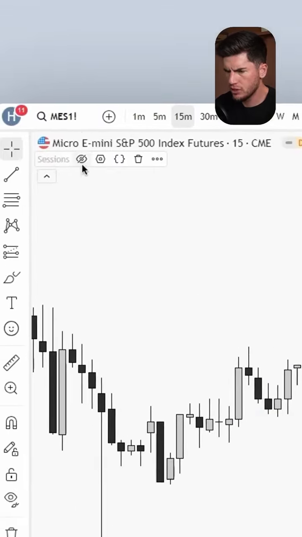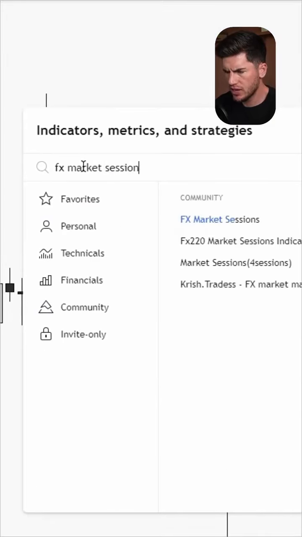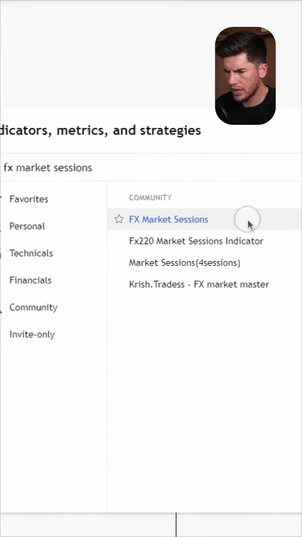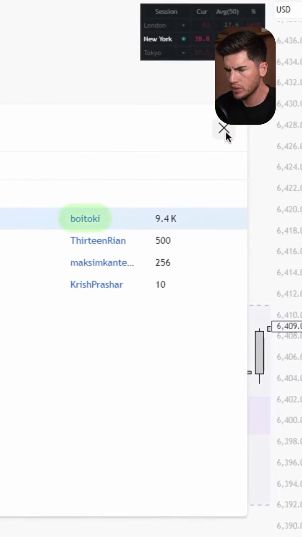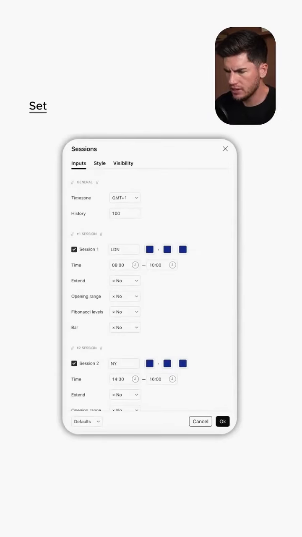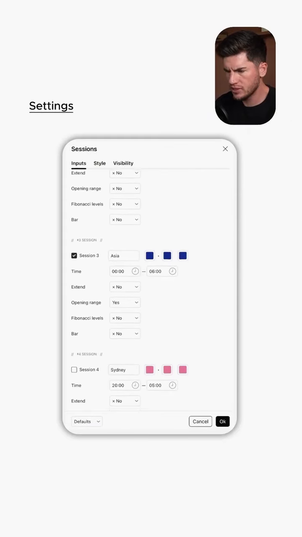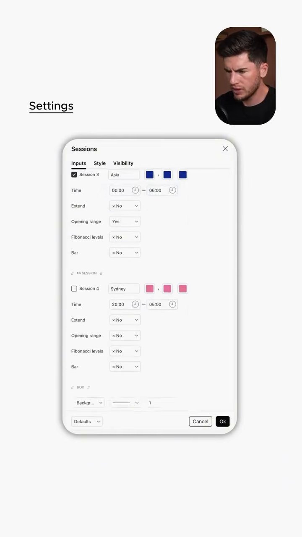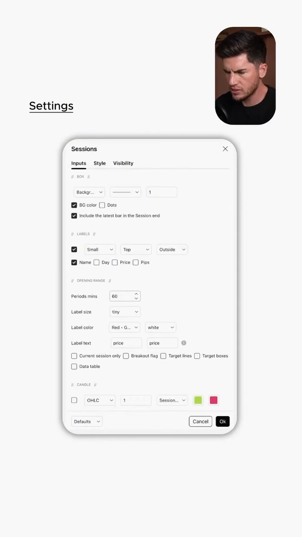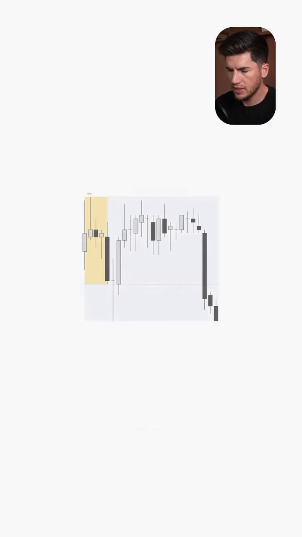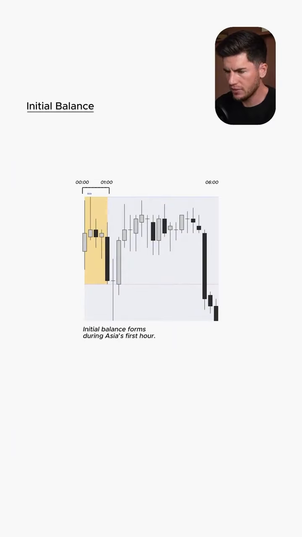So the first thing you need to do is to download the sessions indicator, and this one's called FX Market Sessions by Boitoki. Once you've downloaded the indicator, I want you to open up the settings input on your Asia session, which is from midnight to 6 AM, that's in British Standard Time. Turn on the opening range, then scroll down to the range settings and make sure it's set to 60. Click OK, and then the indicator shows the first hour of the Asia session, which is often known as the